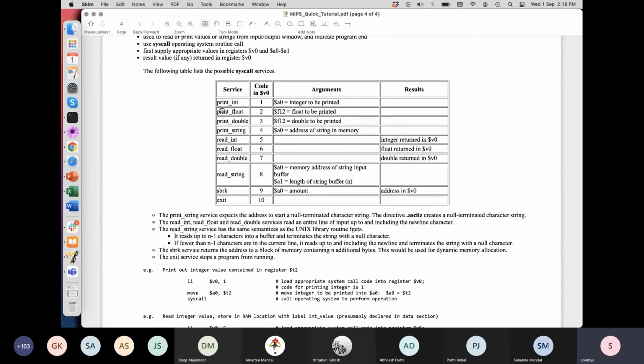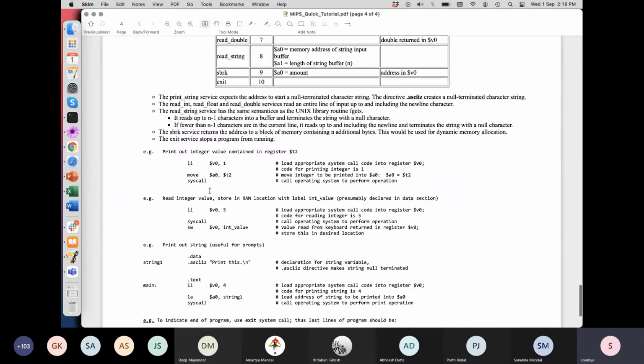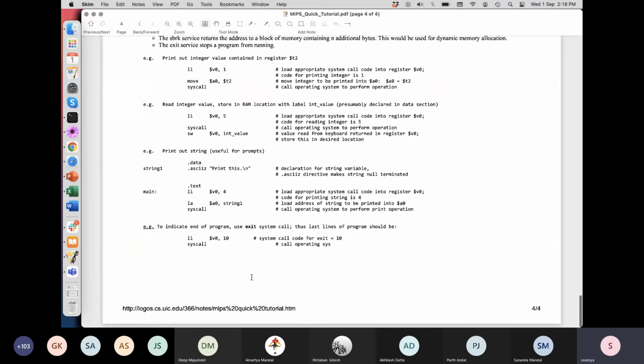For each of these services, like printing things or reading things in specific formats like int, float, double, you have to put specific codes in the $v0 register. If the service involves an argument, for example print, you have to give the argument to be printed and put it in specific registers, and then you just fire the syscall command. Once you do that, the reading and writing is done. So it's basically an I/O mechanism supported in the SPIM simulator.